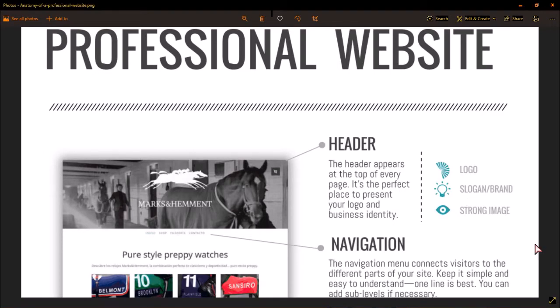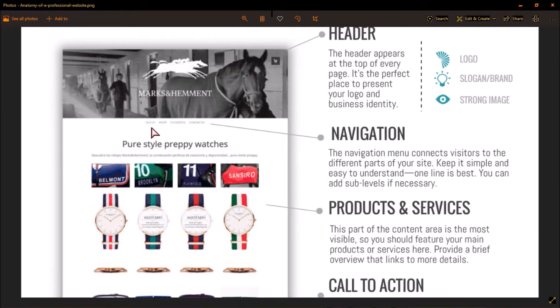Then another part of the website is the navigation bar. The navigation bar can be horizontal, can be vertical, can be centered, can be to the right, to the left. Usually, we're used to seeing the navigation bar horizontal in the center or on the left side, usually not on the right side. So it's much better to just follow what is commonly used, because using what is usually done makes the web page more user-friendly, more intuitive.